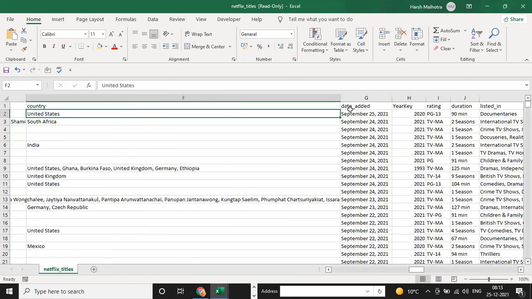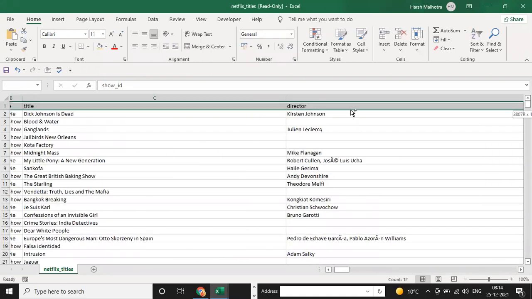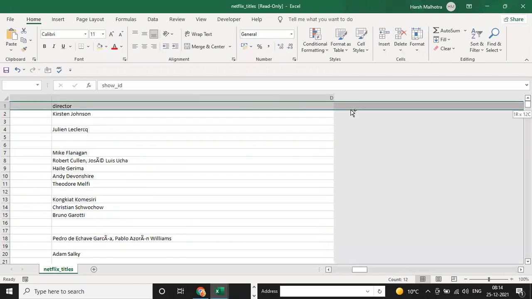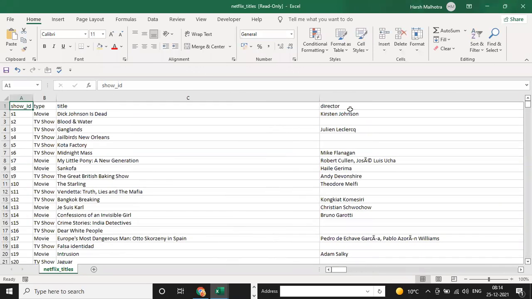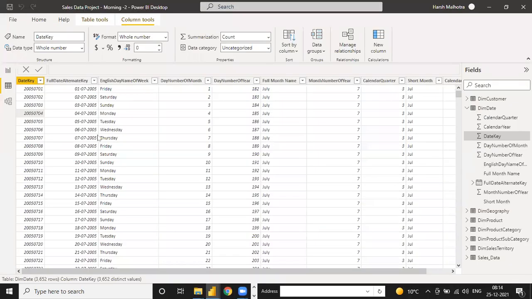So this date added is also your release date; you can make it a release date. If you analyze this data in your Power BI project, then you have to make your own date table. Because if this fact table doesn't have any date, then you don't need a date table. If your fact table has a date, then you have to connect the date table anyway, because without the date table, you cannot use time intelligence functions in your project.